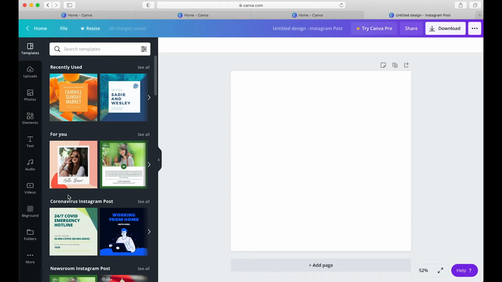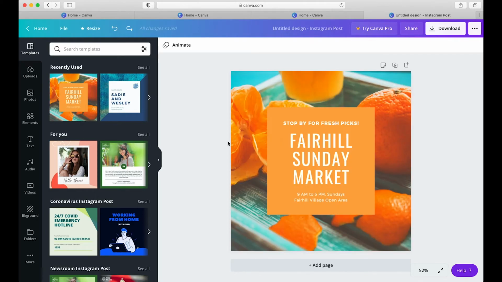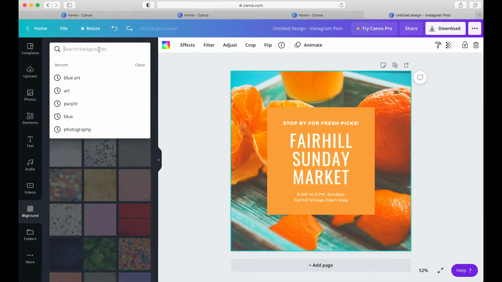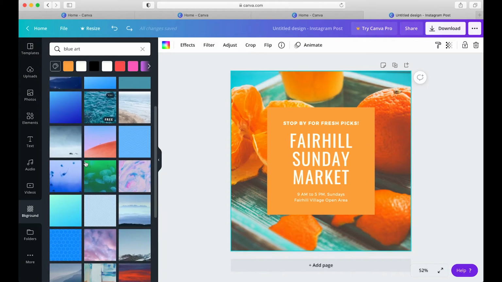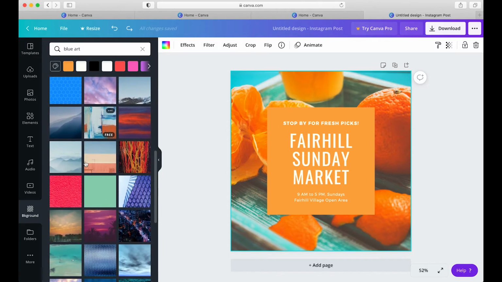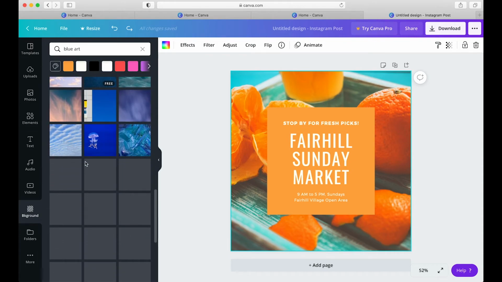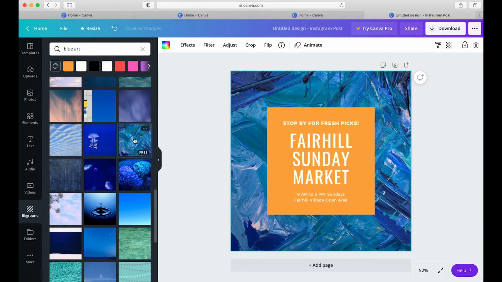So to make the open call Instagram post, I made it inspired on this one. And because the theme of this entire post doesn't really match the purpose of the one that I wanted to make, I just changed everything. So I grabbed the background picture, I went here to backgrounds, and on the search, I wrote blue art, because obviously our uni's color is blue, and because it's directed towards artists, I wanted some kind of artwork. So I just scrolled down until I found this one, and I just clicked it,